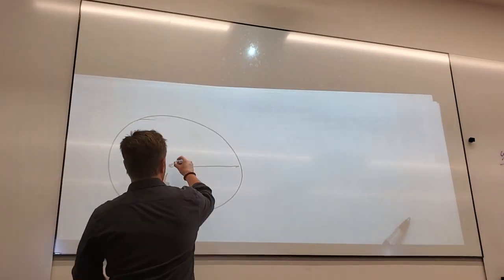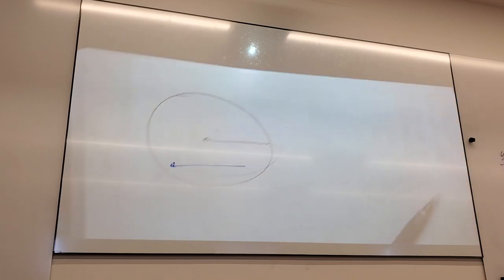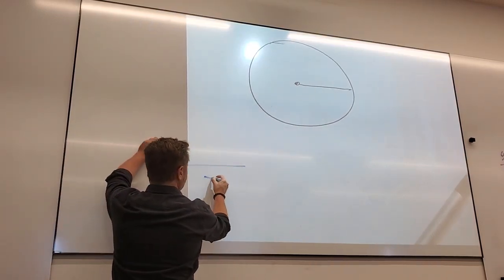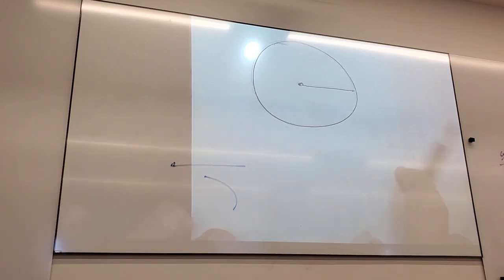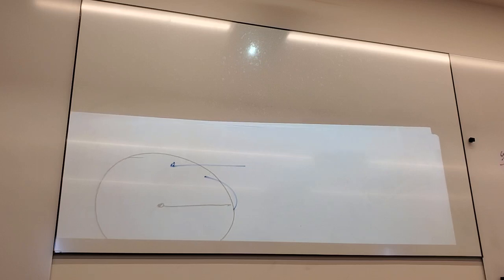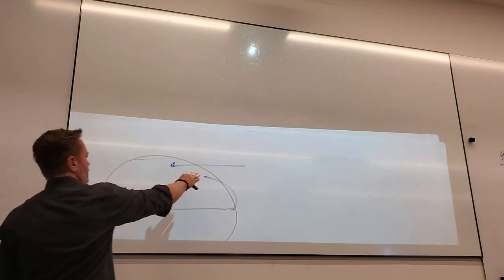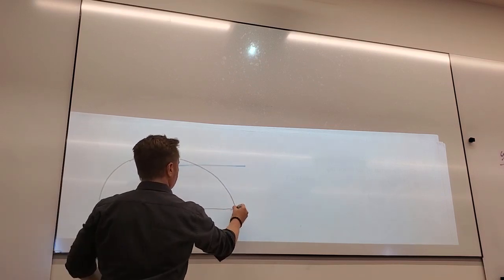I'm going to take this radius. I'm going to bend it. And then I'm going to put it back on the circle. Well, that's not going to work, but oh well, I'm trying. Almost. Maybe do this a little better. So if I took this and I bent it so that it fit on the circle,